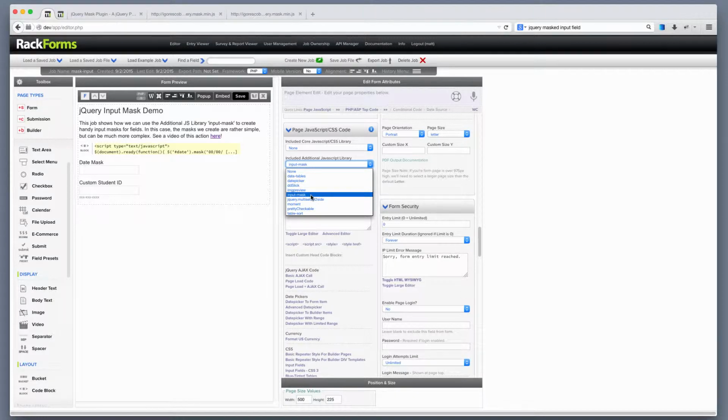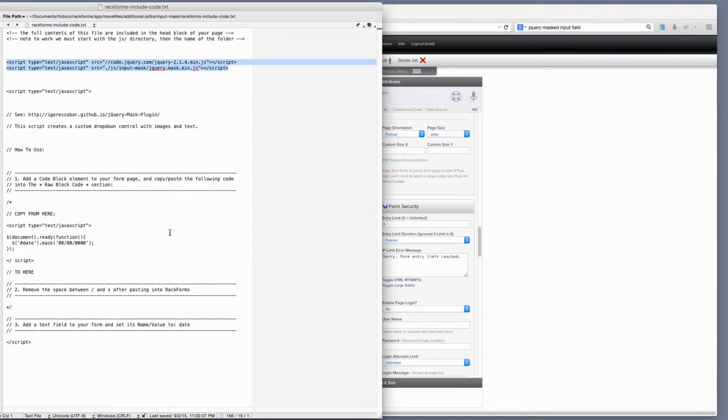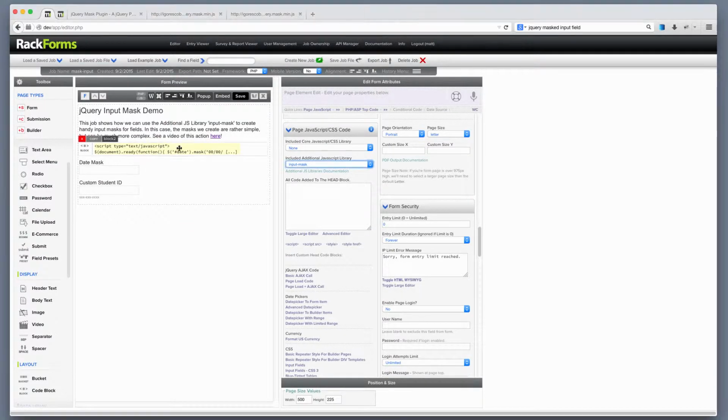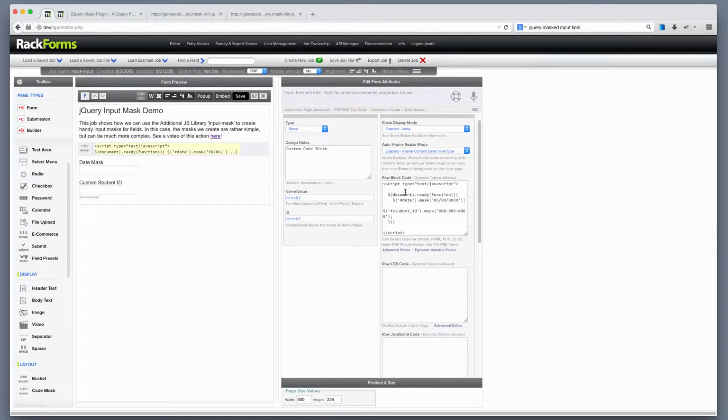So here it is, input mask. Okay, so now that I selected the input mask, as we can see from the directions, using this plugin is pretty simple. We're going to copy from here to here, as it suggests, and place this into a raw block code section. And so I've created a raw block code section right here, and I've pasted it into the